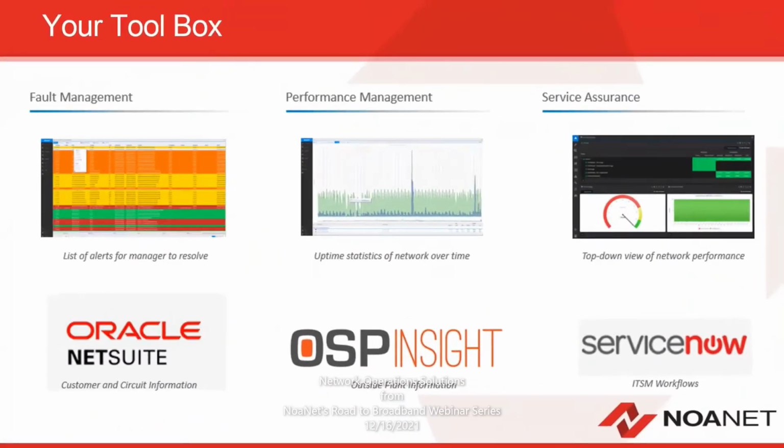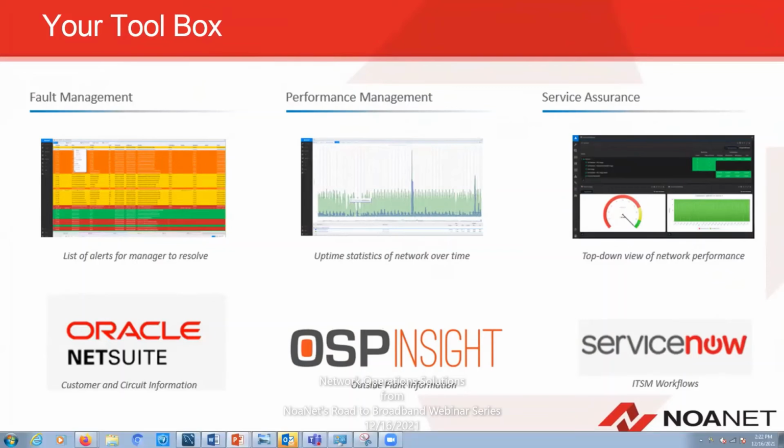Your toolbox. I mean, this is a critical piece of operating networks. You've got a lot of tools out there, depending on the size. You need some fault management. You need to be able to see environmentals and alerts when they happen. You have to be able to look at network performance. Sometimes that's a miss in some organizations, as far as looking at trends. Service level views. A lot of times service level views are the last thing an organization will build upon,